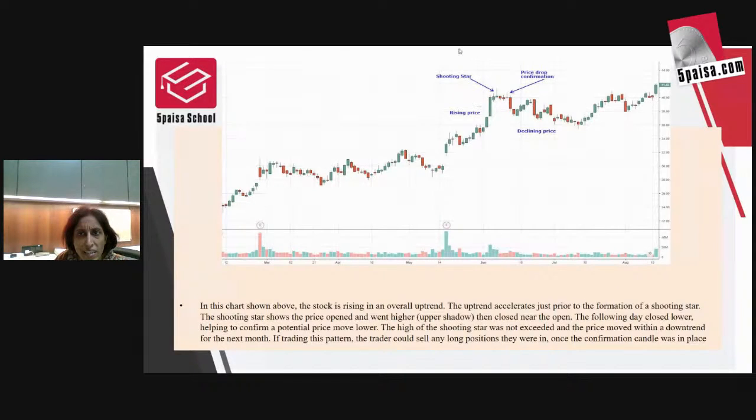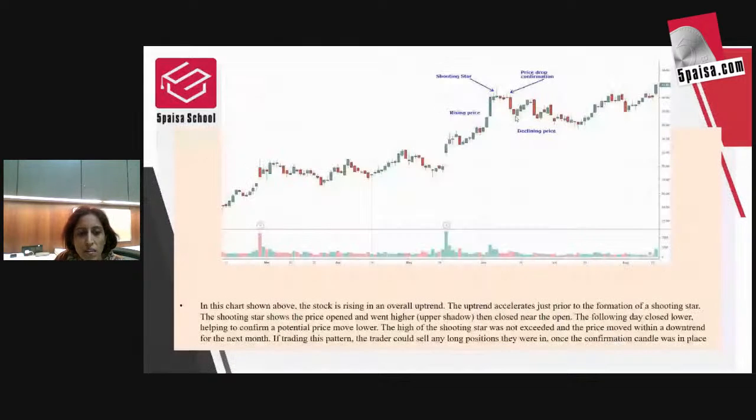Okay, so as you can see in this particular chart, the uptrend accelerates just prior to the formation of a shooting star. The shooting star shows the price opened, went higher, then closed near the open. The following day closed lower, helping to confirm a potential price move towards the lower side. The high of the shooting star was not exceeded, and the price moved within a downtrend for the next